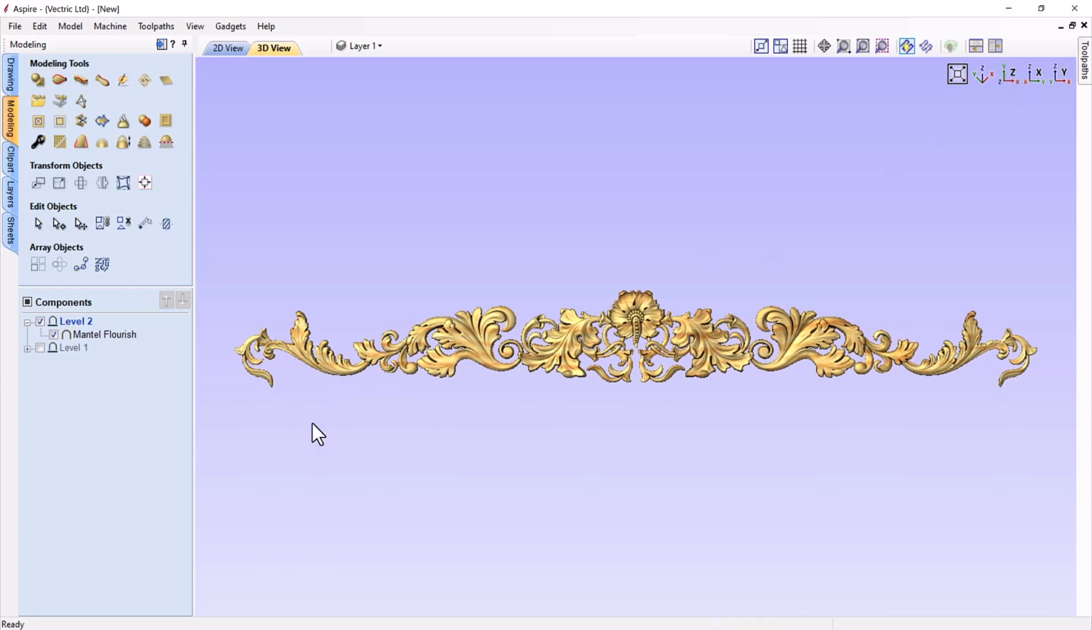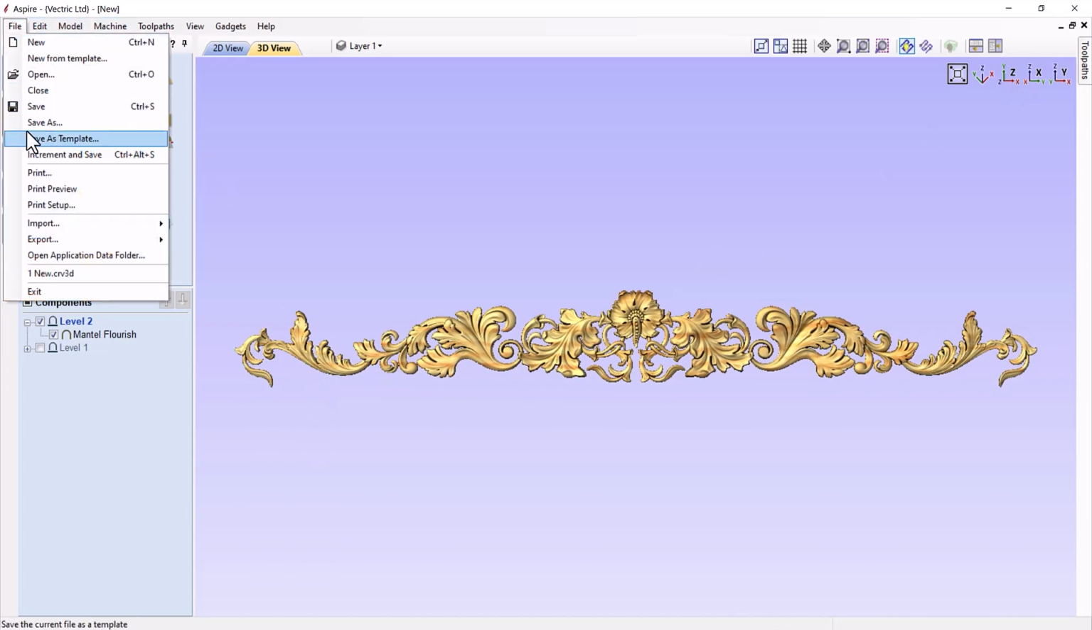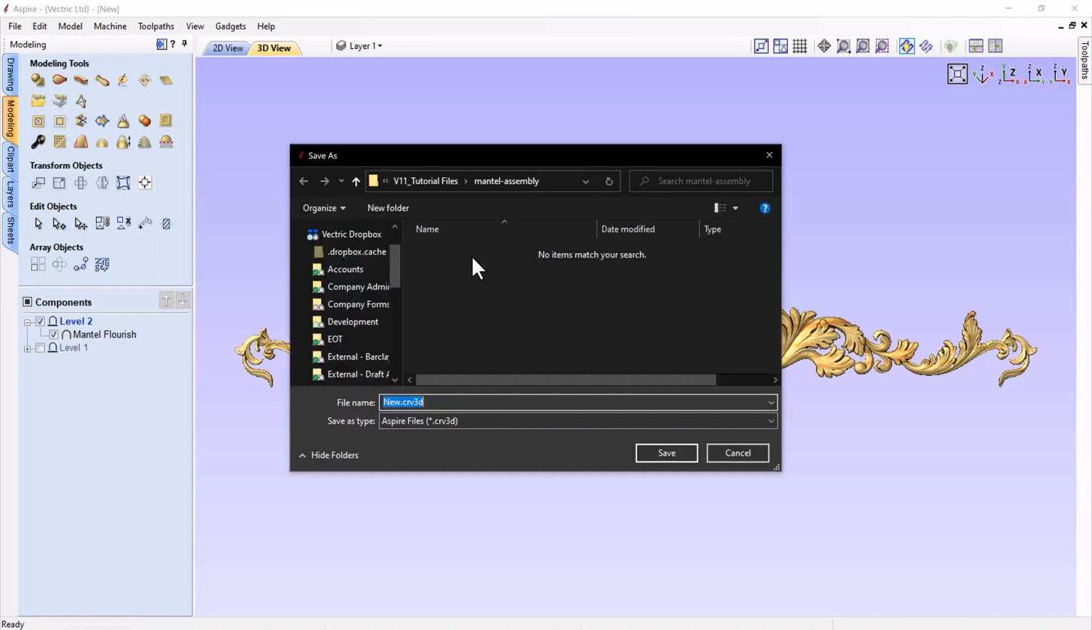Okay, now what we're going to want to do is go up here and save off our file. So File, Save As. We'll put it right in our tutorials folder, and we're going to call it Mantel Flourish